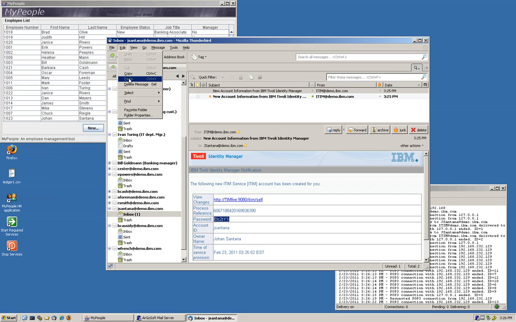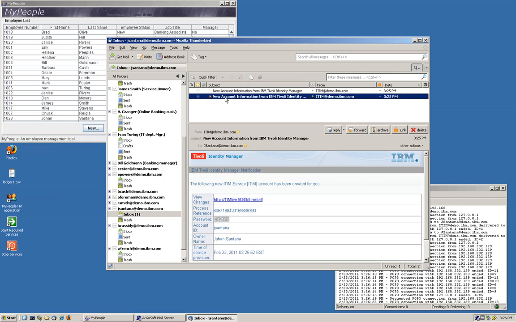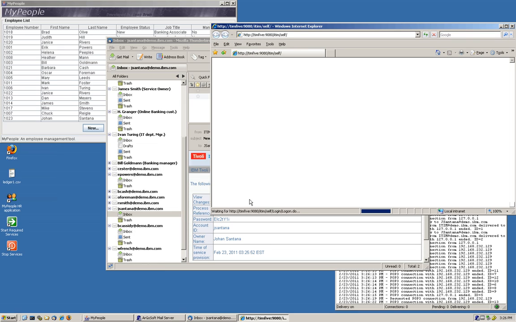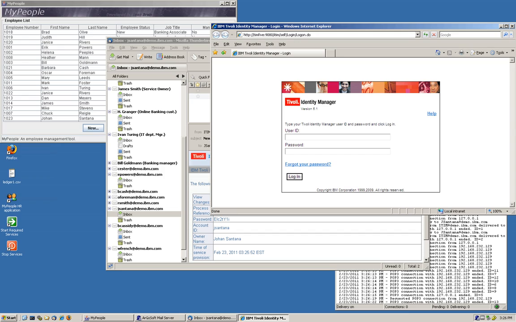Let's put that into the clipboard. And the other account that he got is an LDAP account, where the white pages represent every one of the users of this company. So all he has to do to start working is click on the link and log in for the first time. His password is that thing that we had in the clipboard. So we log in as such,